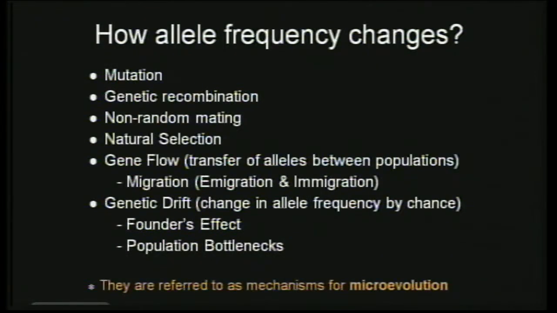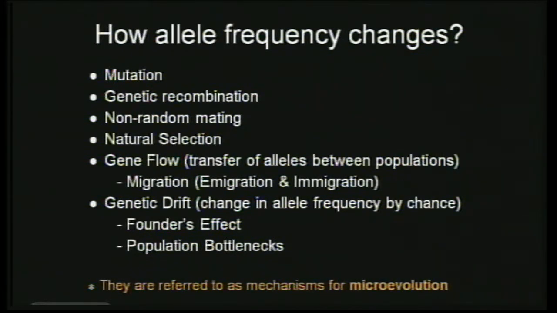So how allele frequency can be changed, we discussed that. It can be changed by mutation, genetic recombination, non-random mating, natural selection, gene flow, and genetic drift. So these are mechanisms through which allele frequency can change. And when the changes are so